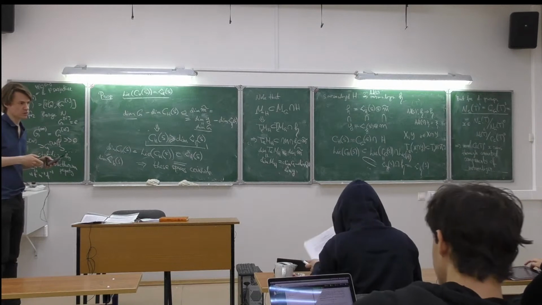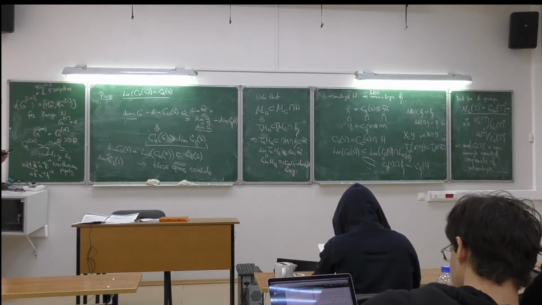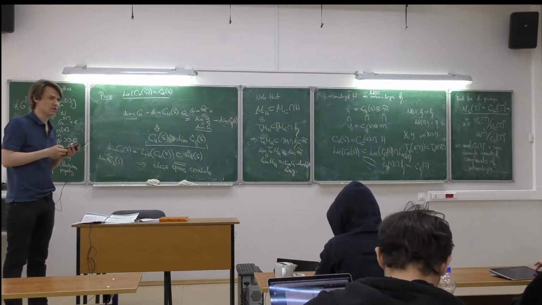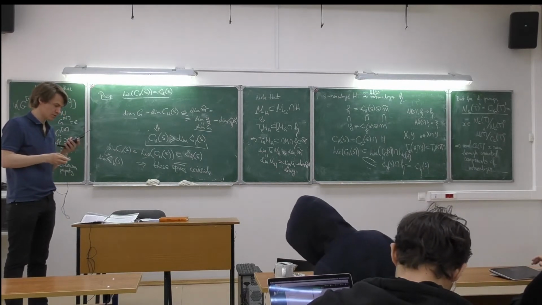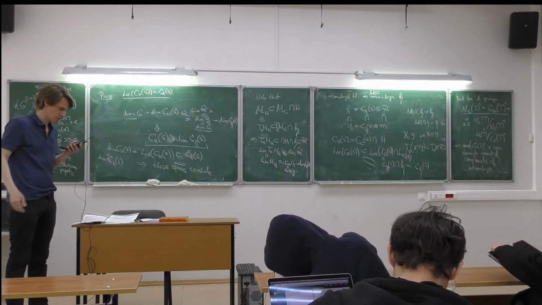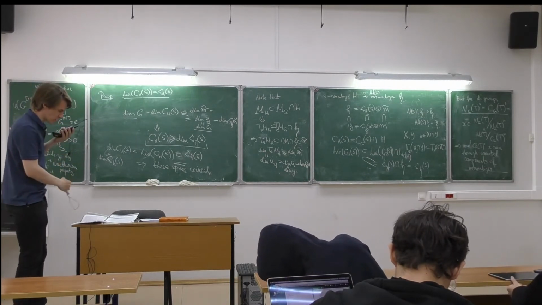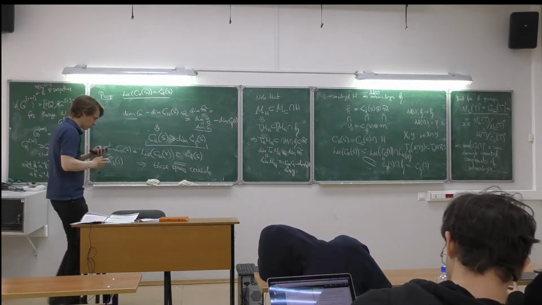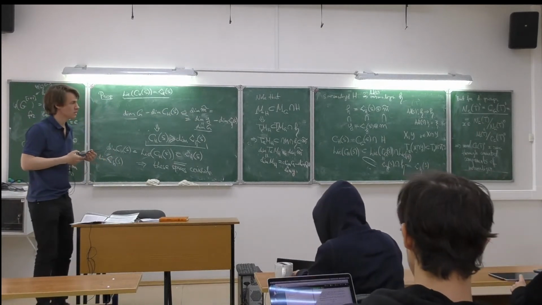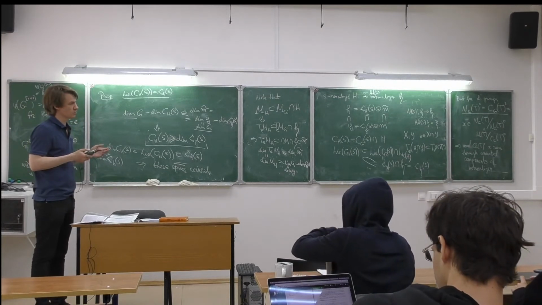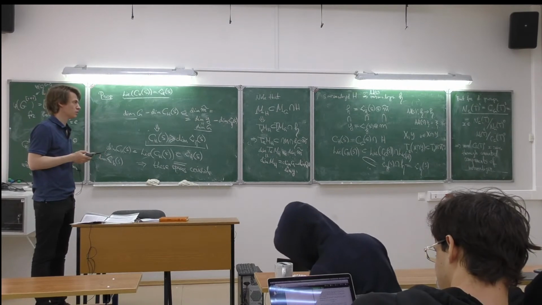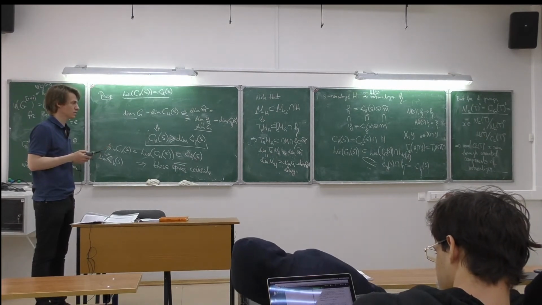So next time, I think it is time to go to reductive groups and to have some theory of invariant theory. We shall discuss what quotients are, how to write them down, and what the properties of quotients are. And maybe if time permits, I shall tell something more about the structure of reductive groups, but maybe at the end of the course.